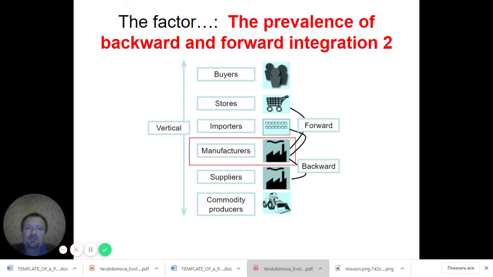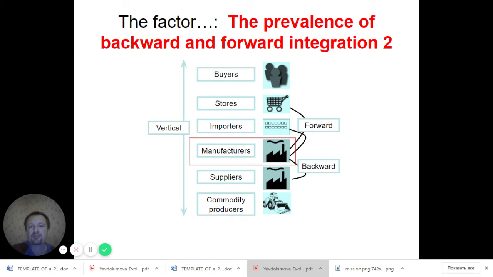In this very case, we are speaking about forward integration. And in some cases, we can merge, or we can organize a supplier. In this case, we are speaking about backward